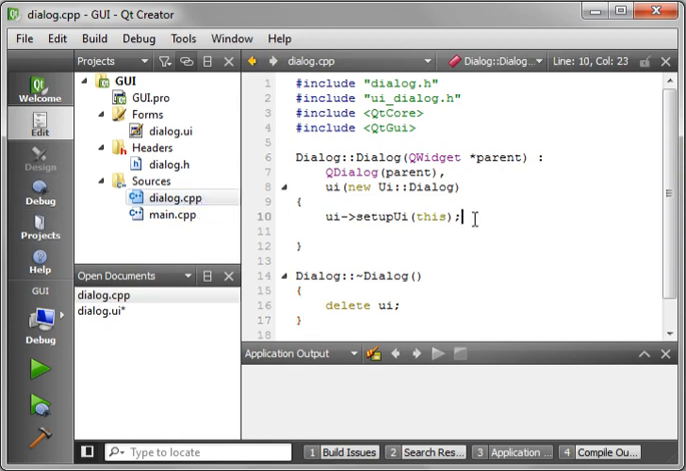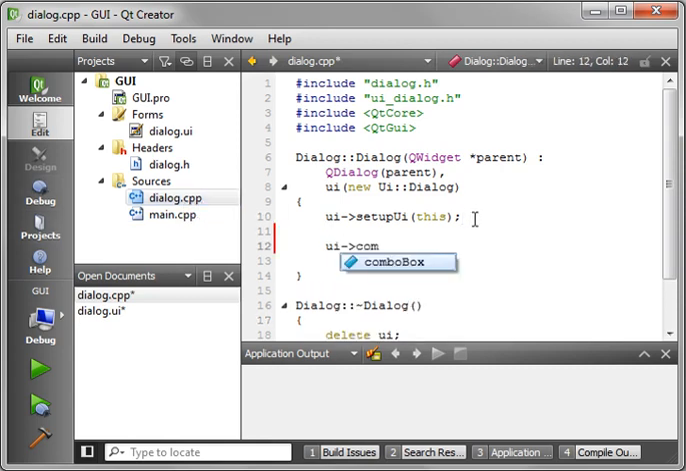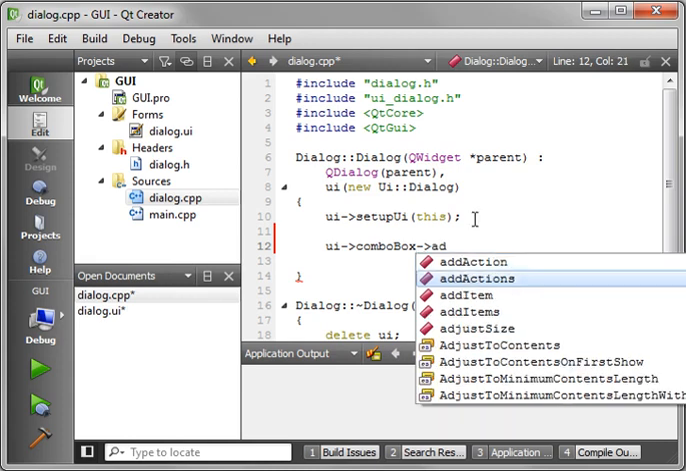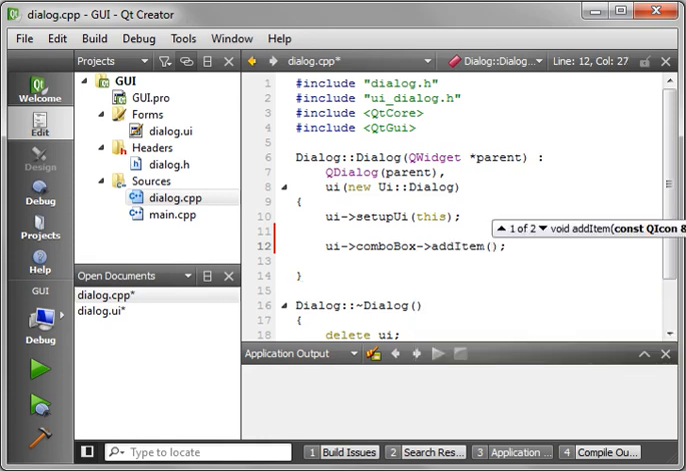dialog.cpp. ui->comboBox, and we're just going to add item. Notice you can add actions. We'll get into that in another tutorial, but you should be familiar with the Qt framework and that you can add item, items, or actions. So we're just going to add a single item here, and we're just going to say hello,